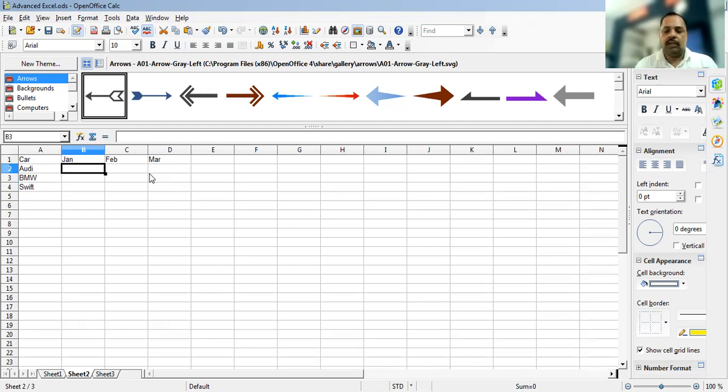in the January month, the sales are 12,500, 10,000, 13,000.